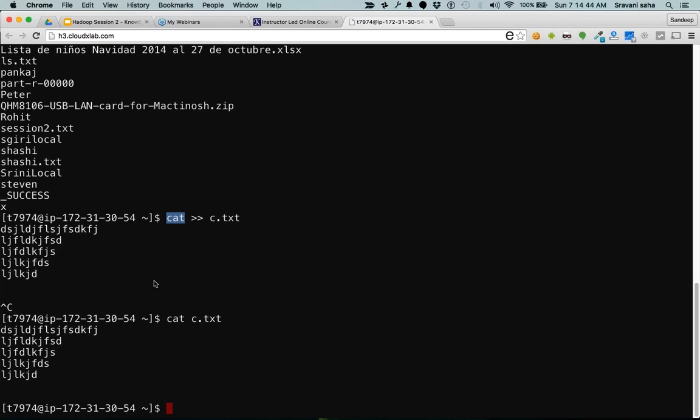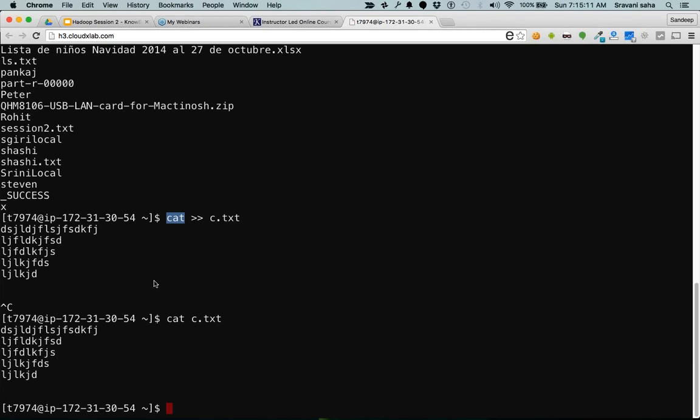Now, this was about general programs. The program takes input from standard input, gives the output to standard output, and sometimes to another stream called standard error. All right. Now there are a few important things here. Sometimes you want to